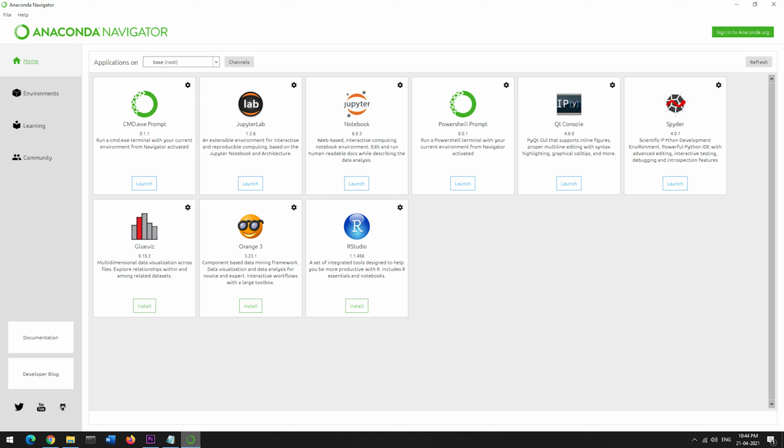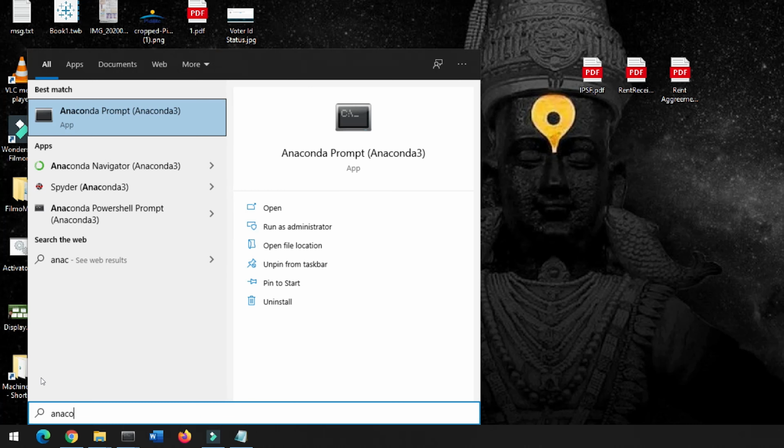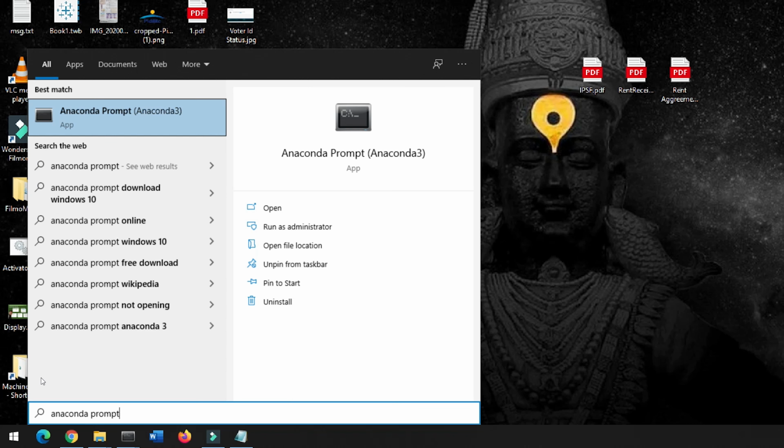Let's now open Jupyter Notebook. Click on Start, search for Anaconda prompt, open Anaconda prompt, type cd space working directory. I will copy my working directory and paste it in the command prompt. Ensure you keep your data file in the same folder. In my case, we have emp.csv file in the working directory. It has the same data which we discussed on slide to make you understand the concept better.